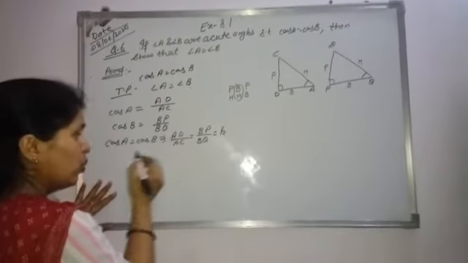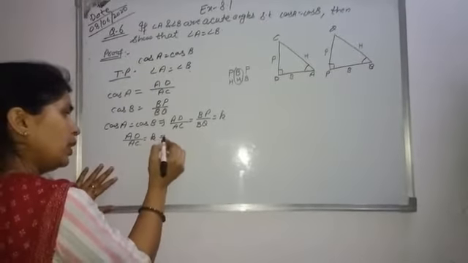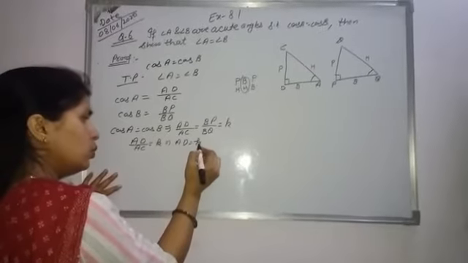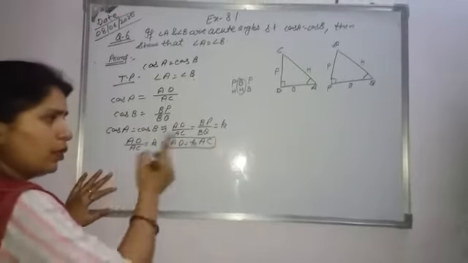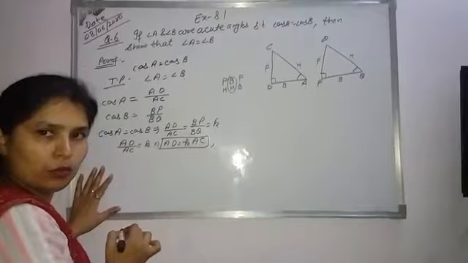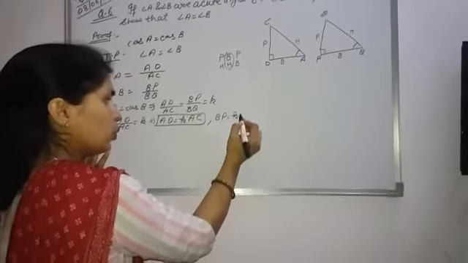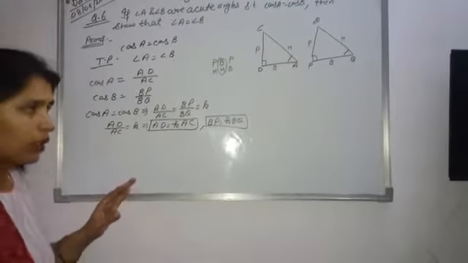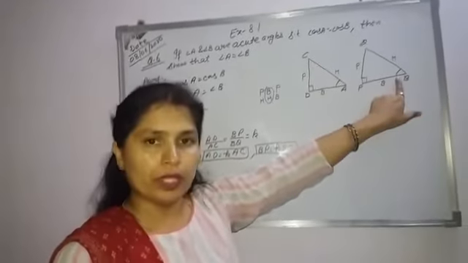Now if AD divided by AC is equal to K, when we apply cross multiplication, then AD is equal to K times AC. We obtain the value of AD in terms of AC. Now from the second ratio, BP divided by BQ is equal to K, and again when we apply cross multiplication, then BP is equal to K times BQ. This is our second condition. Okay. Now next, we want to prove that angle A is equal to angle B.